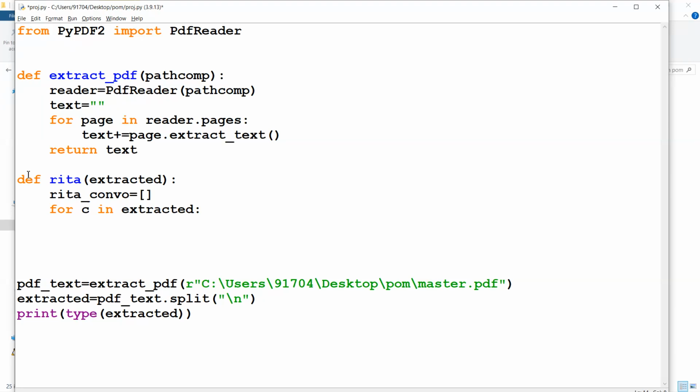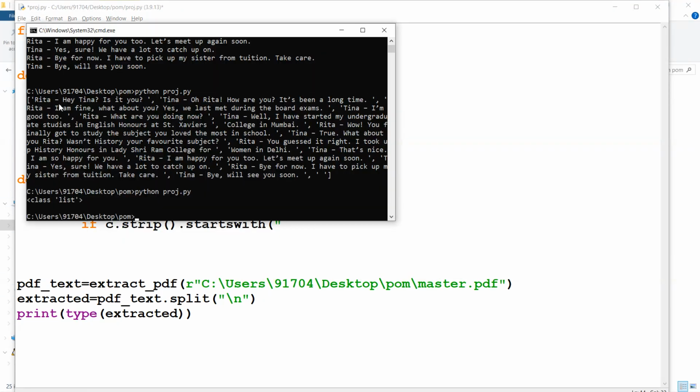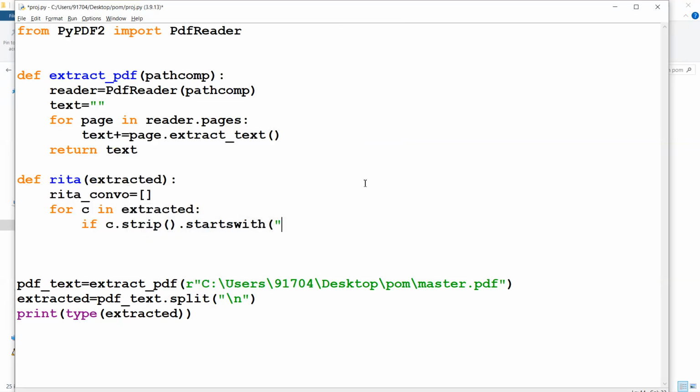And what we will be doing is, if c.strip(), the strip function will strip out any leading or trailing spaces, and then if it starts with, startswith is a function, it will simply search for, let me look into my command prompt and see how the structure is. So here is Rita. If it starts with Rita, if it finds this particular value Rita, then what it will be doing is that